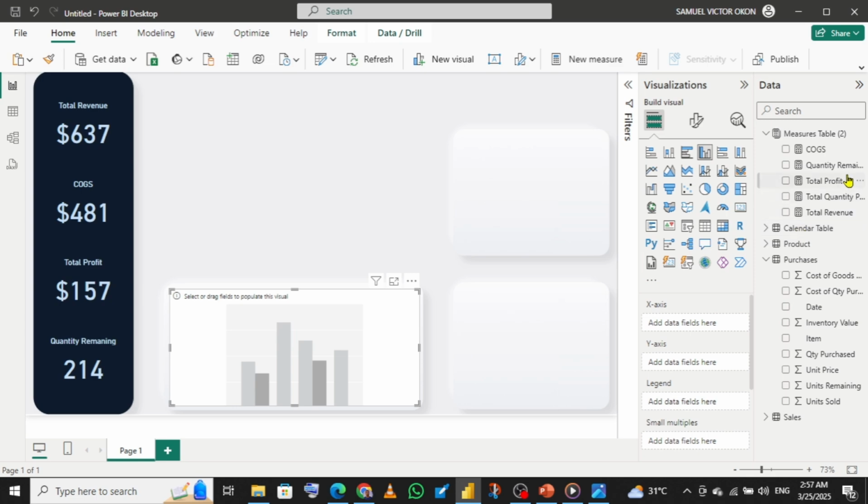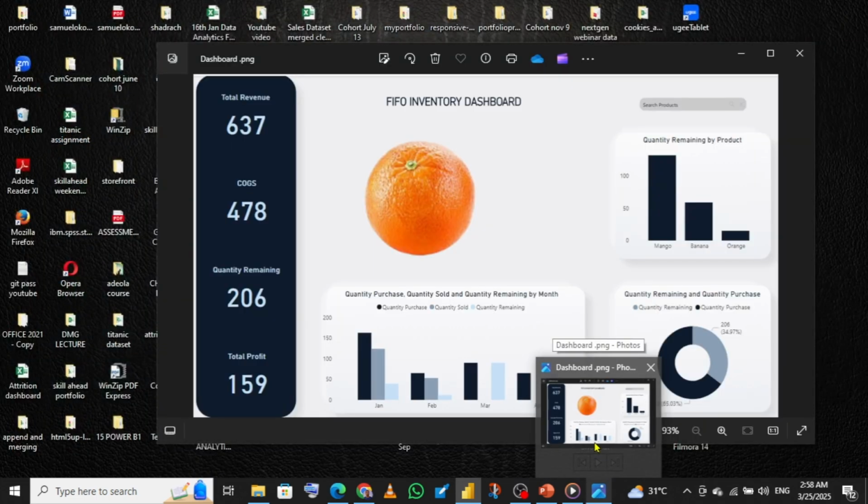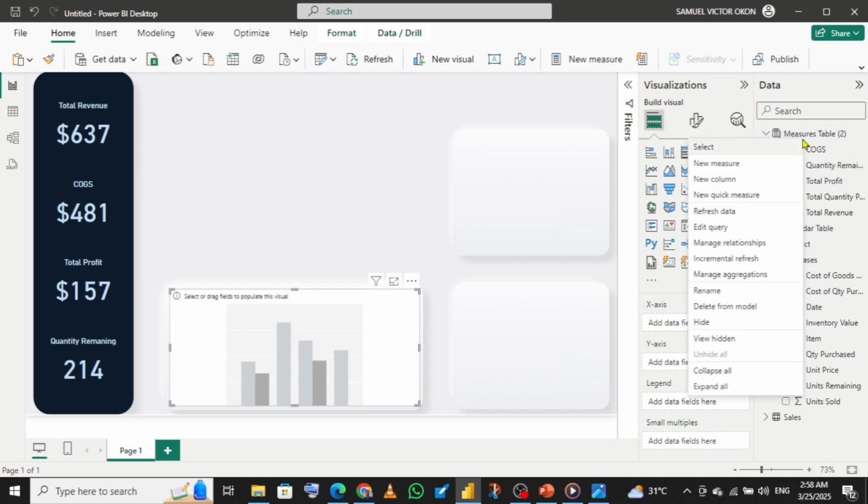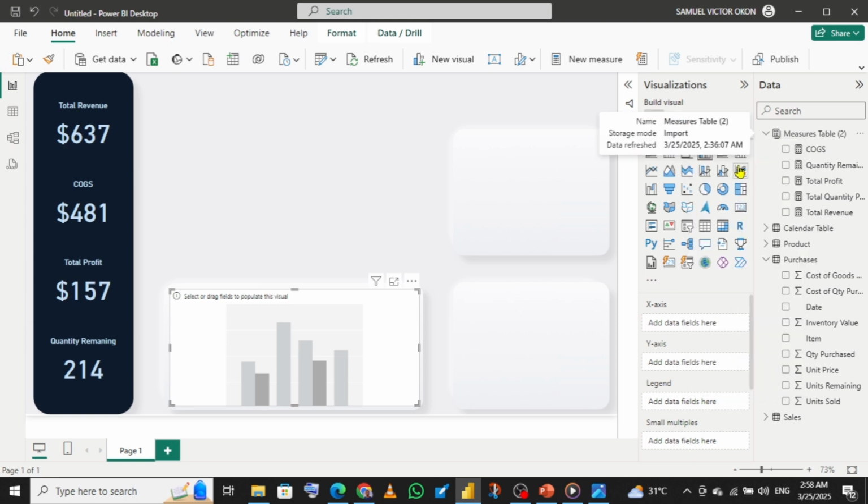Alright, so we say this is going to be the quantity sold. Let me bring in, on the y-axis, we're going to have... now we don't have a measure for quantities sold. All right, let's create that. No, I think we do. Okay, we don't have it, so let's create one for quantities sold. That will be the sum of the units sold in the